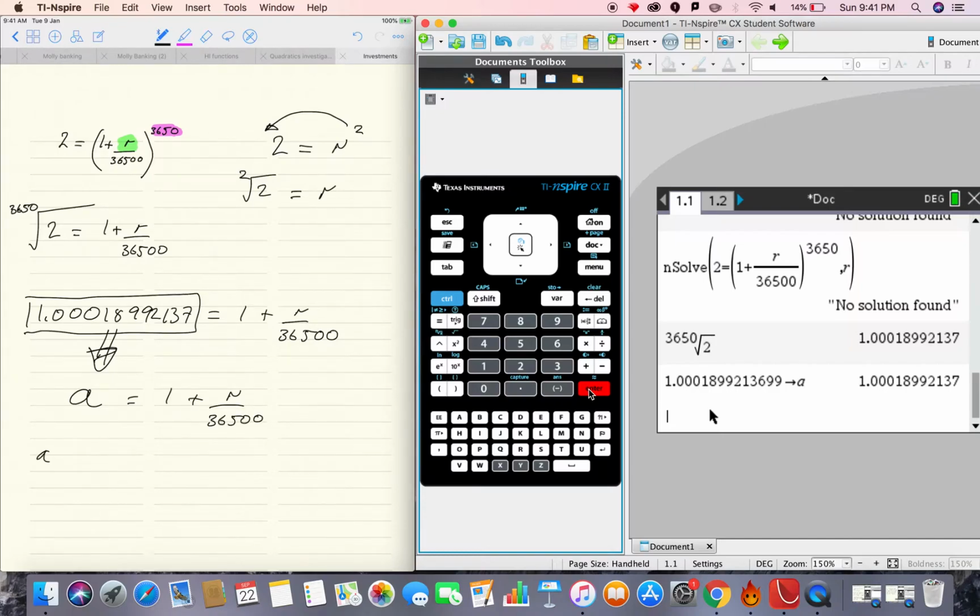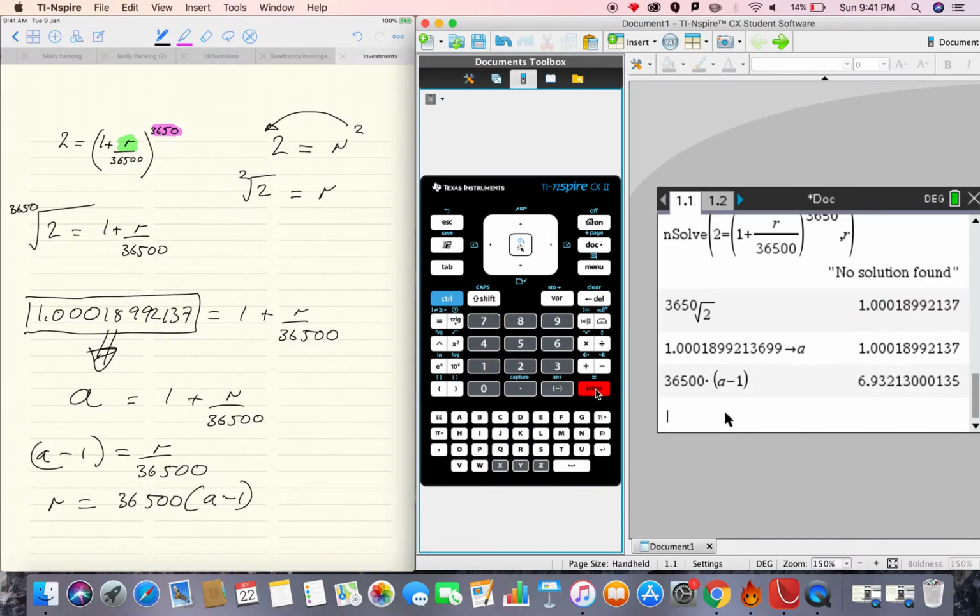So how to rearrange? A minus 1 equals r over 3650. So therefore r equals 3650 into A minus 1. So let's just type that in the calculator, 3650 times open bracket A, and you see how it's gone bold there, because it recognises that A has a value attached to it, and then subtract 1, close bracket, and then press enter, boom, and we've got it. So here we've finally solved it. nsolve broke down, but we've solved it manually by hand,